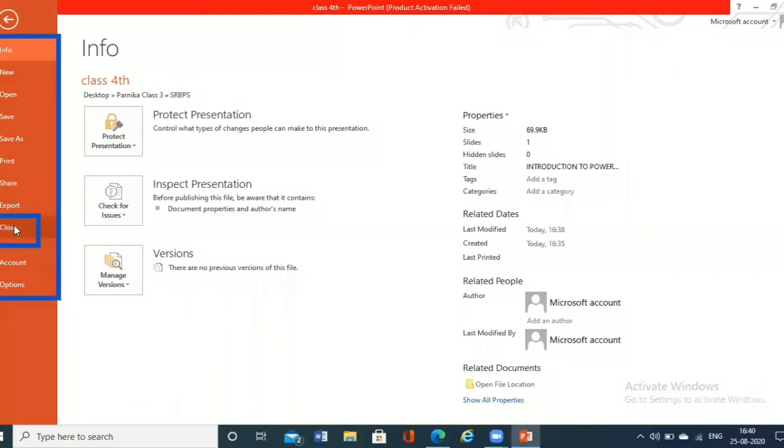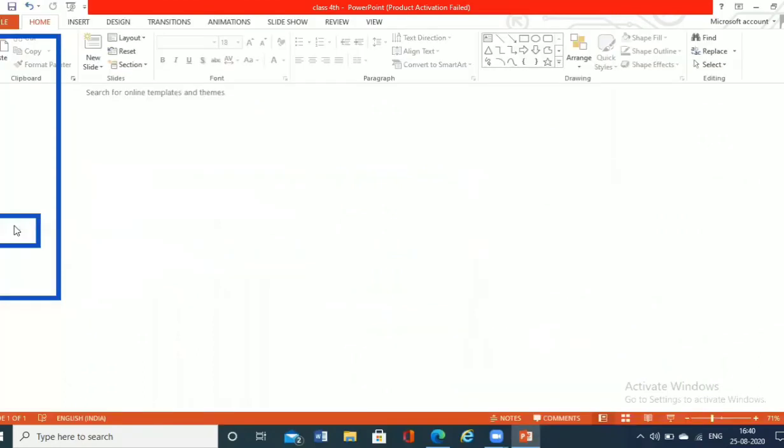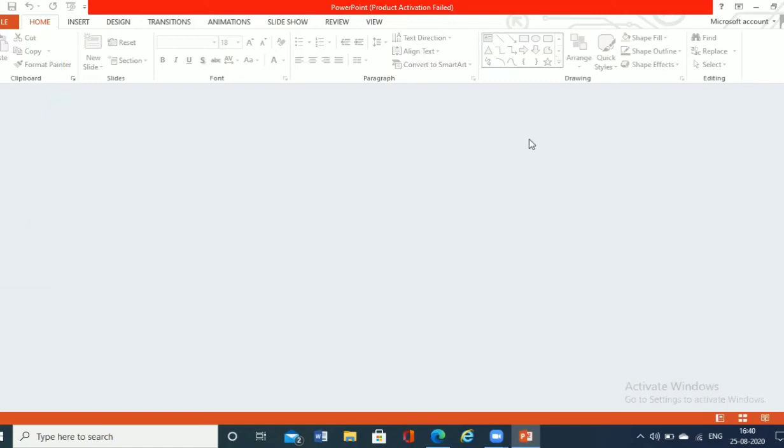Remember, once you click on the Close option under the File tab, your particular presentation will get closed, but PowerPoint will still be open. So one method to close your file is to click on the File tab and then the Close option.